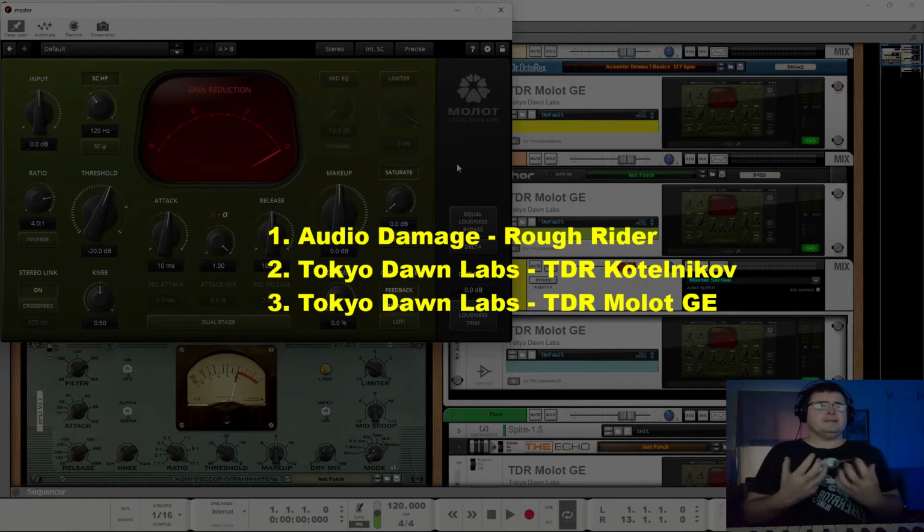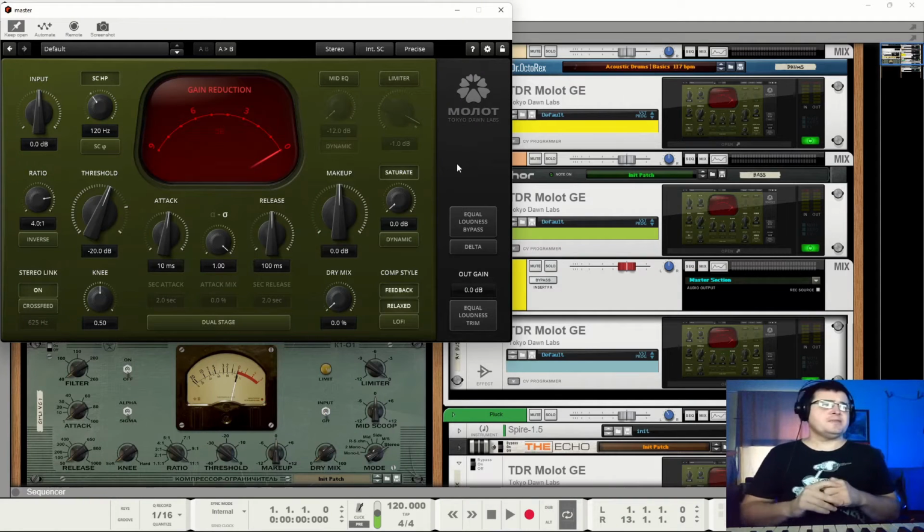And again, I've actually ended up with a TDR product, not because I'm pushing them in any specific way, but they're Molot. In this particular situation, I'm actually looking at the Gentleman's Edition. It is running in demo, but the only thing it won't do is save and remember things, which is no biggie here anyway.